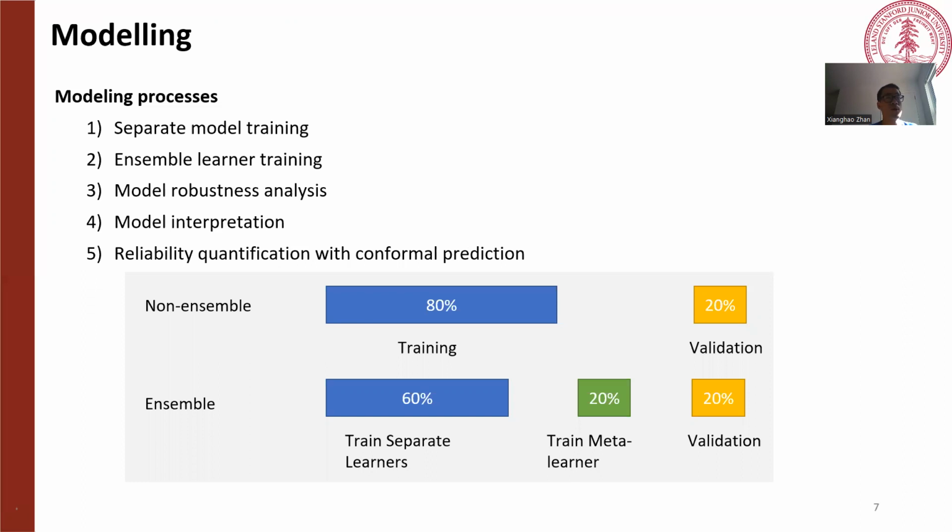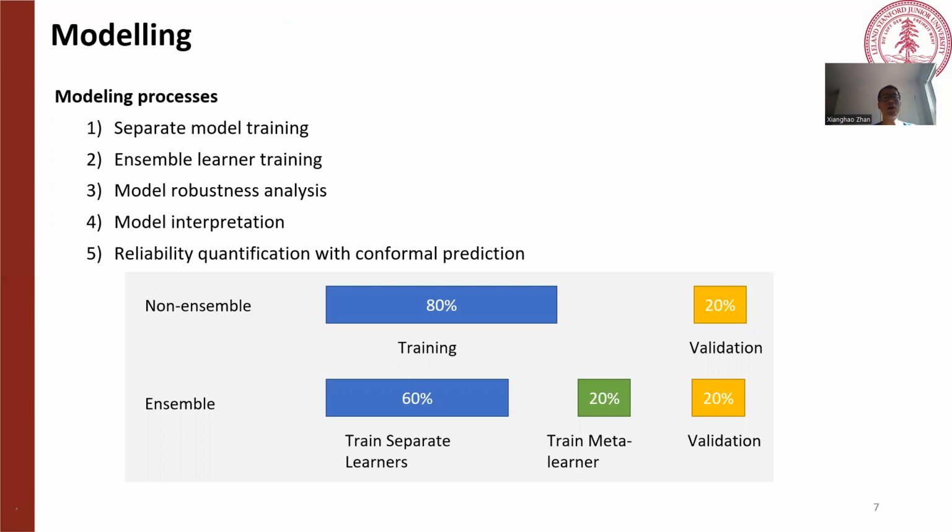And the third step will be the model robustness test. We'll perform bootstrapping on the training dataset and analyze the model performance and model robustness across different parallel experiments. With this experiment, we're also able to show which model is superior to others with statistical significance. The fourth experiment was model interpretation. Because we are generally using the simpler word vectorization approaches, our model maintains interpretability, so we could interpret the model results and show the important words that directly lead to the positive or negative prediction. And the last experiment we are going to introduce in today's presentation will be the reliability quantification with